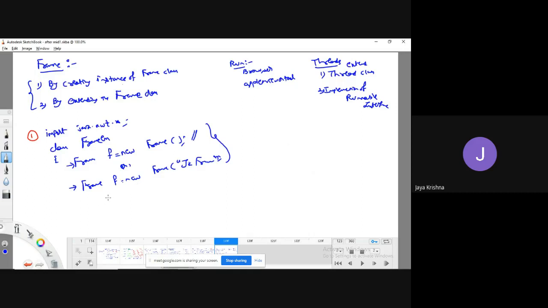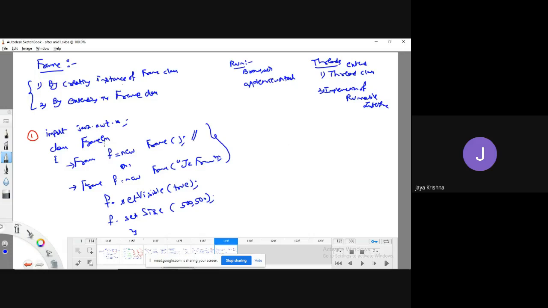So with the help of this object, no need of writing the object name also because it is the current class. f.setVisible(true); f.setSize(500, 500). I have created it. That's it.